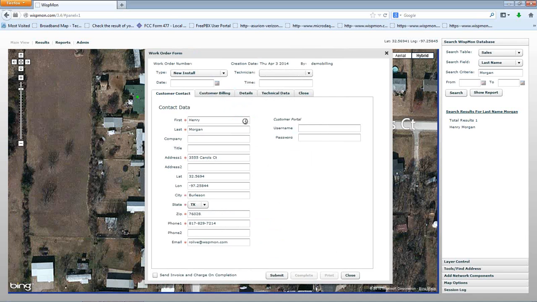So I click on this, and what it does is it takes all the information that it can and fills in all the customer contact information. So going from left to right, I'm going to identify what day we're going to do the installation. In this case, I'm going to do the installation tomorrow, which is April 4th. I'm going to do it at 8:30 in the morning. So I'm simply going to identify 8:30